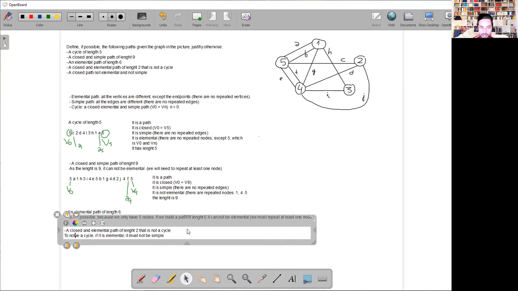To not be a cycle. Because the cycle must be elemental and simple, right? So if it is elemental, it must not be simple. So we must repeat an edge